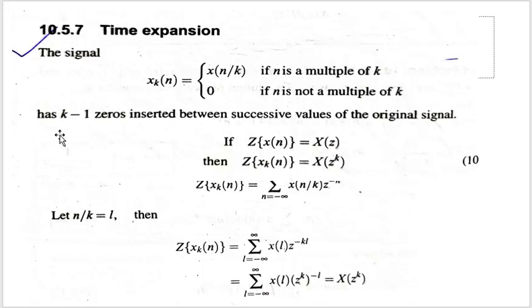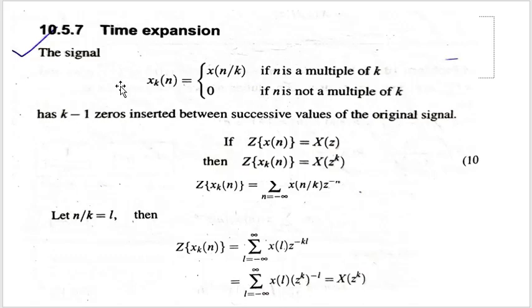So zeros we will get by putting x of z equal to 0, that is, the numerator polynomial has to be made 0. Then whatever the values of z we get, they will be zeros. Similarly, if you want to find the poles, you need to consider the denominator polynomial, wherein you have to make x of z equal to infinite. All these points we have discussed in the previous lecture.